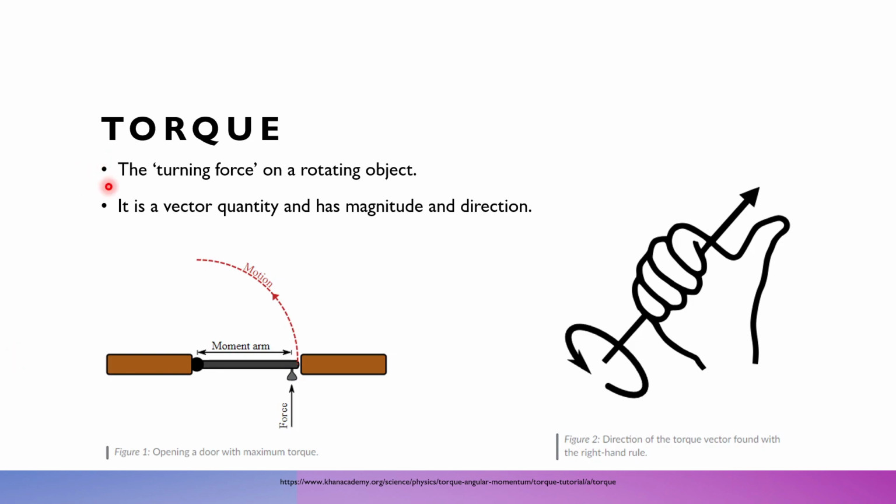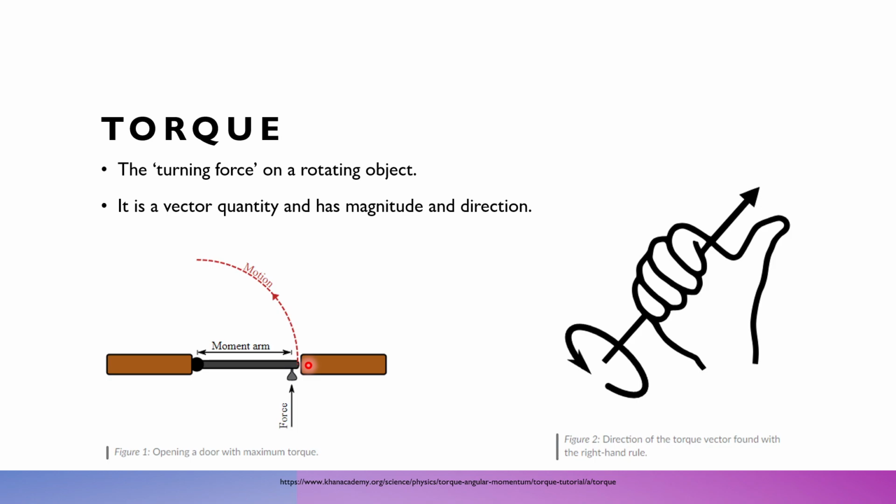Essentially, we can describe torque sort of as a turning force on a rotating object. It helps to describe the kind of force which is being placed on objects that results in some sort of circular motion. It's really important to know that torque is a vector quantity, meaning that it does not just have a magnitude, but also has a direction. For there to be some sort of torque, generally speaking, there is some sort of pivot for which an object is able to turn about. In this example, it's the hinge on the door. And then we have some kind of lever from which a force can be applied to make the object turn